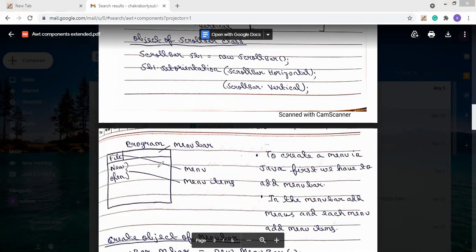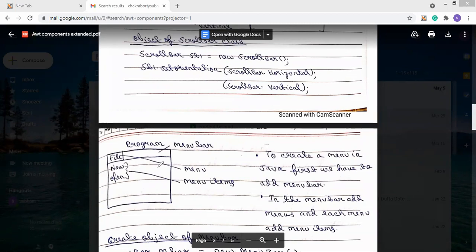In this menu bar, there are menus present, and inside each menu there are menu items present. If you open Microsoft Word or any program, you will see at the top a menu bar, and there are not one but many menus present in the menu bar.